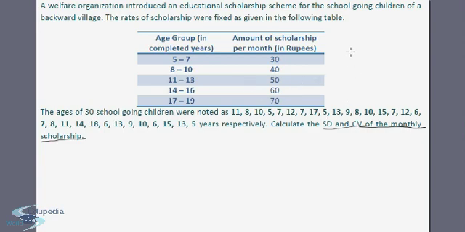Let me write that here. Use the step deviation method. Okay, so I've given you a hint as well that you're not going to calculate the values as it is given in this table, but you need to do something so that you find the standard deviation and coefficient of variation of the monthly scholarship, not of the age group. Okay, so rearrange the data once and then solve this question,